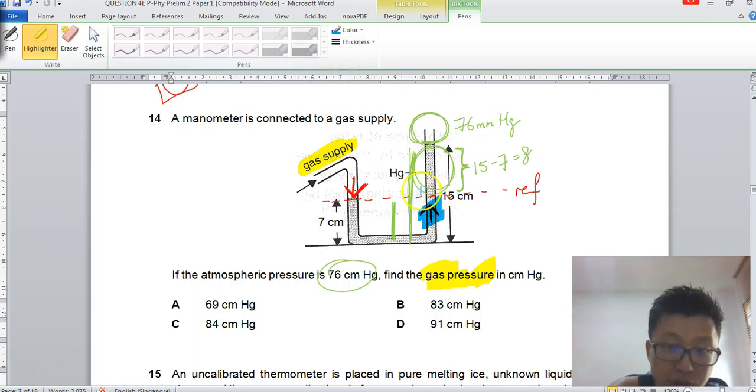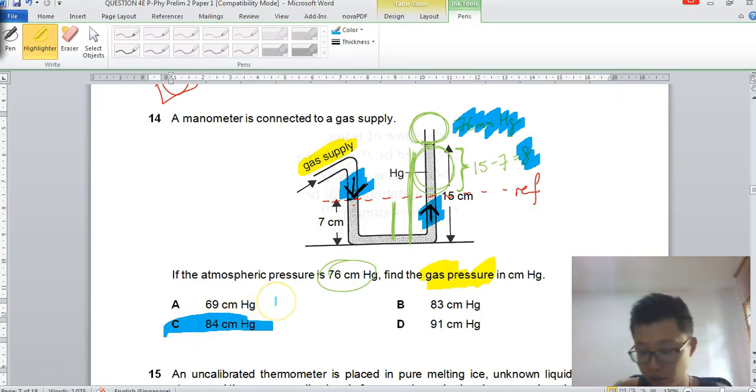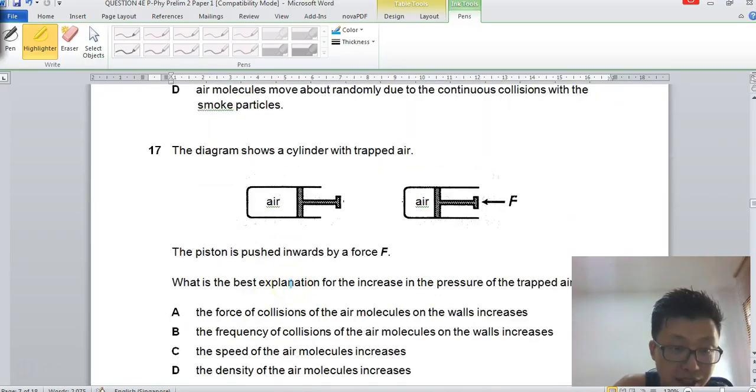So this pressure here, which is actually equal to this, will be equal to this pressure plus this pressure. 76 plus 8 will give you 84, and that is how you work out the answer. Okay, now we move on to question 19,